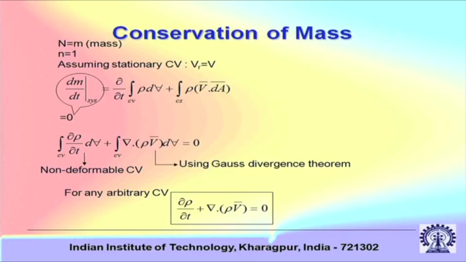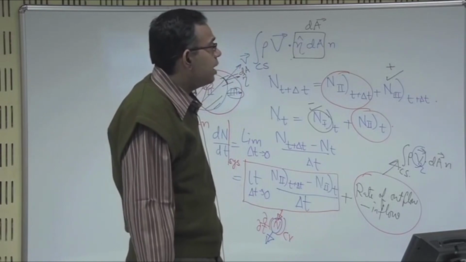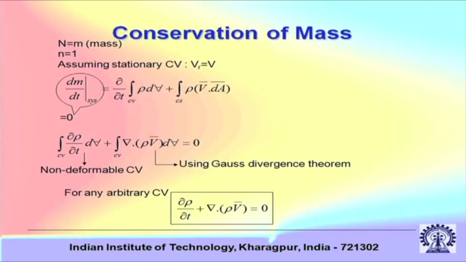Conservation of mass is a very basic requirement that needs to be fulfilled for any problem that we undertake, whether it is microfluidics, nanofluidics, gigafluidics, whatever fluidics you call, it has to satisfy the conservation of mass. So for conservation of mass we